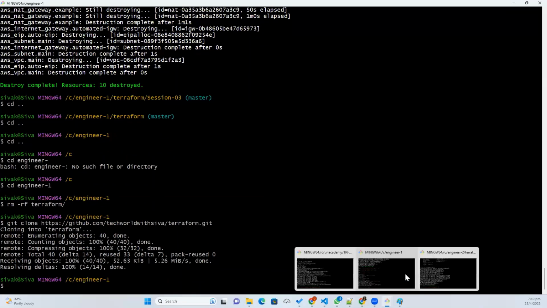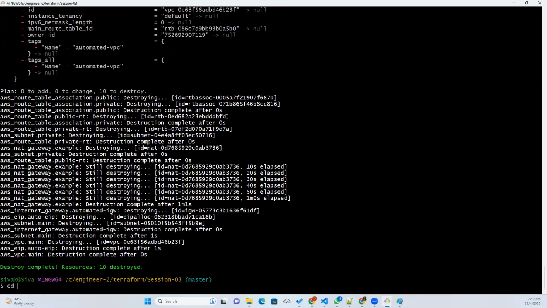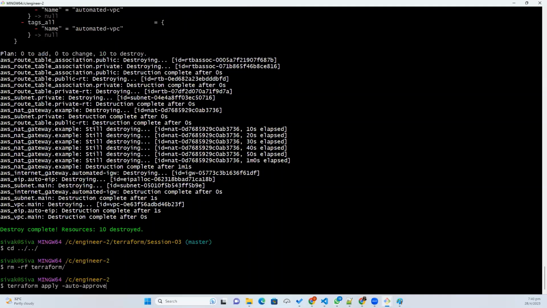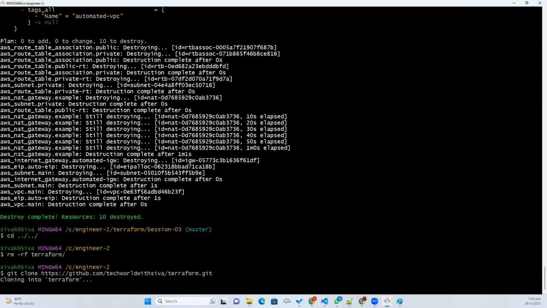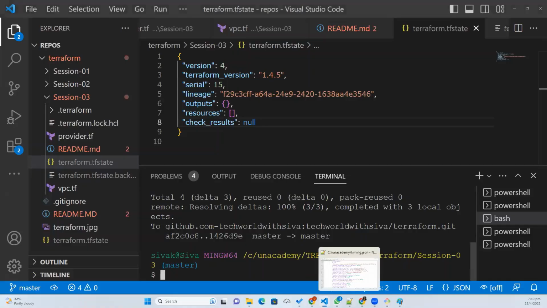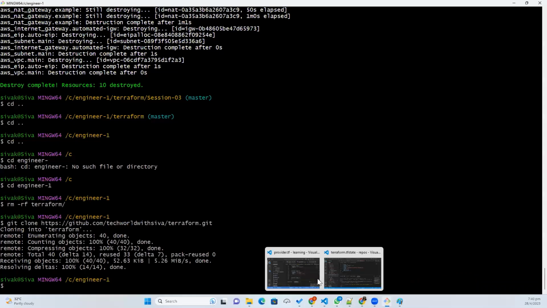And engineer 2 also, I will do that again. Okay, and engineer 1,